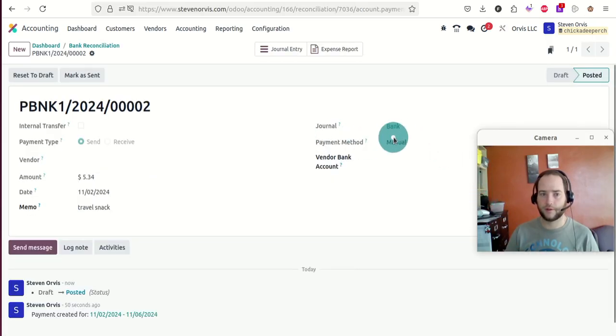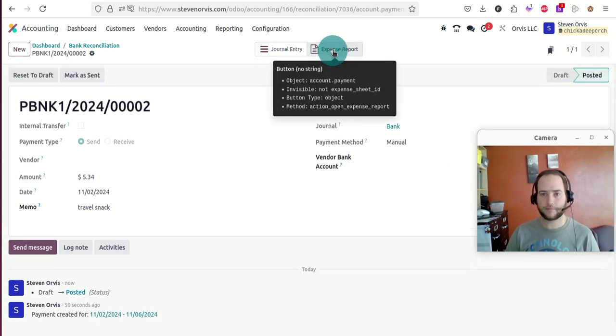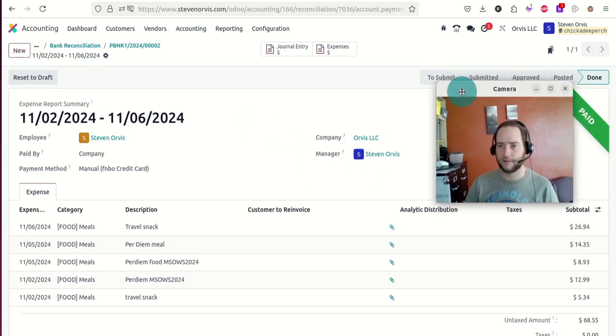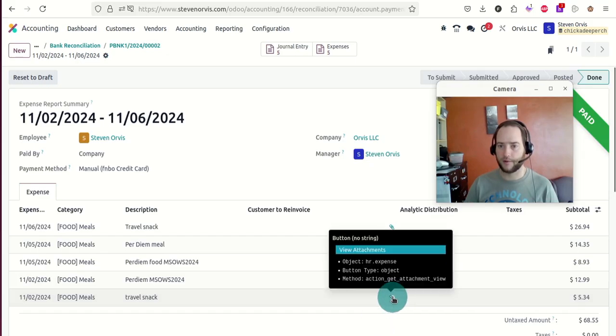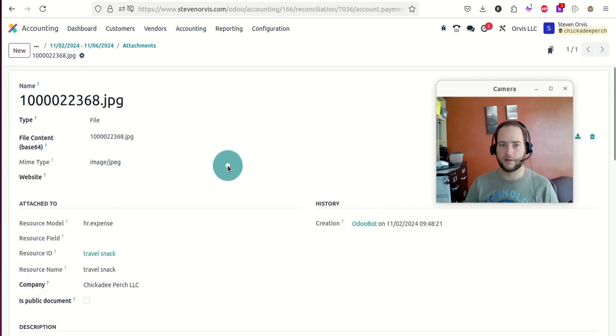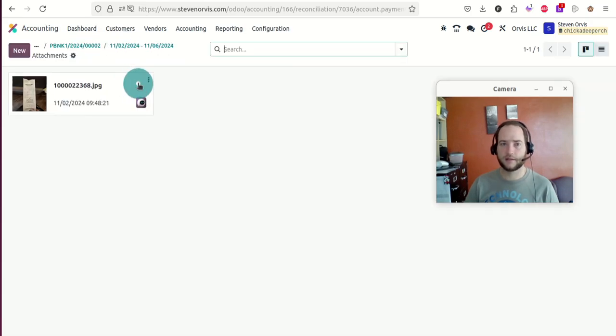We hit view if we want to and see what that is. Even jumping back to the expense report, if you wanted to drill in this deep, I think if you match on the price is probably going to be good enough most of the time, but you can come in here and you can see that it was a Dunkin's receipt. So jumping back,